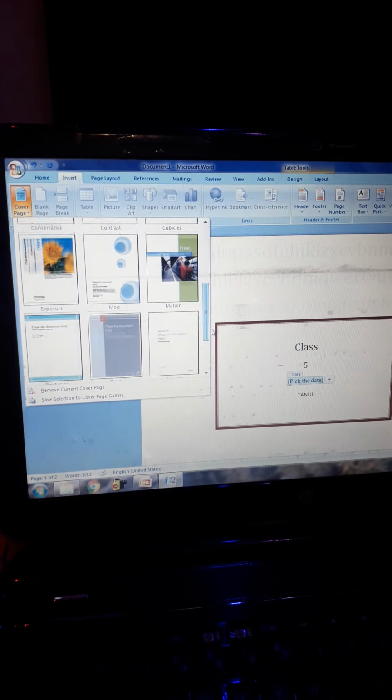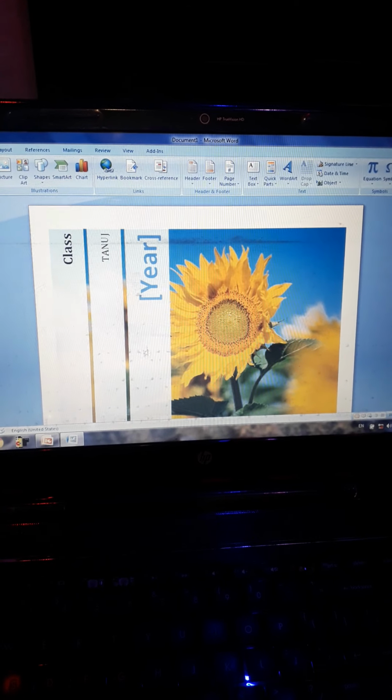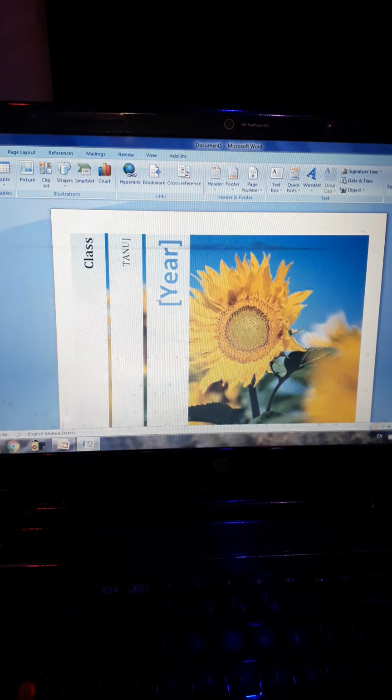Next, whatever you want to write you can write here, and you can also change the page setting. Suppose you don't like this page, then you can apply another, you can select another cover page. For this again you have to click here, and then select any one. He has given so many, you can select any one. So suppose I am going to change and apply another. You can see, according to your needs you can apply any cover.